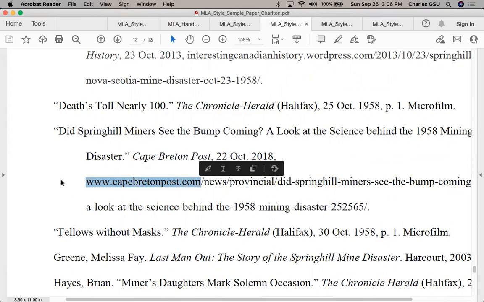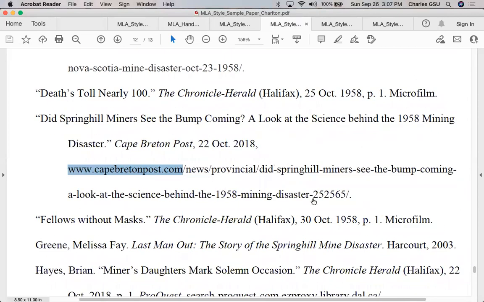So this website called CapeBretonPost.com, they may change their folder. So maybe in a year, this may not be called news, but it may be called, I don't know, information, or something else. And if they don't, that is the company itself and this website, if they don't create what's called a redirect command. So like, you were to take this whole URL and copy it and put it in,